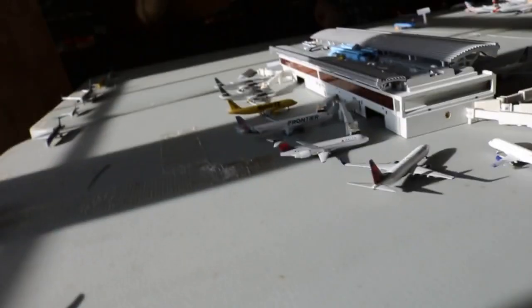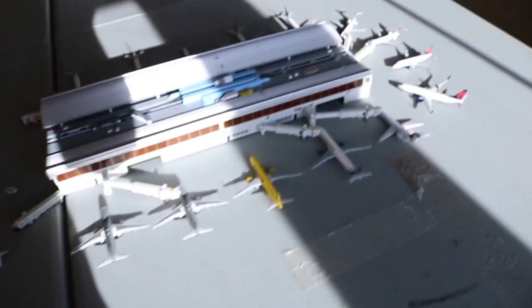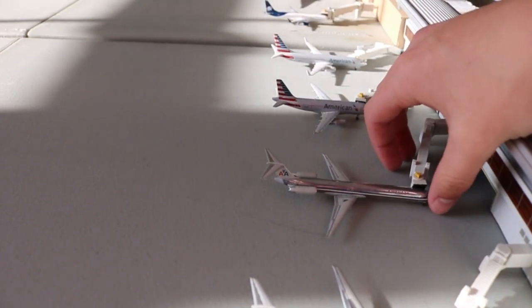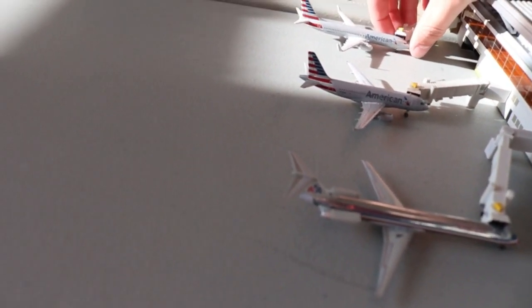In other news, sorry, I'm going to go fix this Delta MD-90 real quick. So what I was doing was I was setting everything up, and that's a little better. And then this American 737 gate. I was setting everything up, and I had my headphones. That was a really good time to hit the corner of the table. Anyways, I had my headphones in, and the stupid cord,